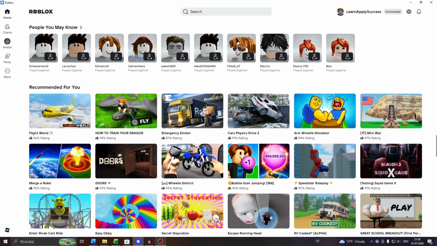So guys, here on PC or laptop, log into your account on Roblox. And what you want to do is navigate to the search bar here at the top and look for the given user. You may also see the user here in the suggested list. So let me do that, but you can also enter the username of the player here